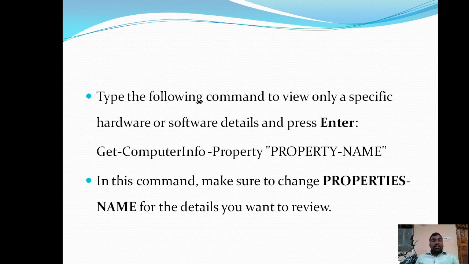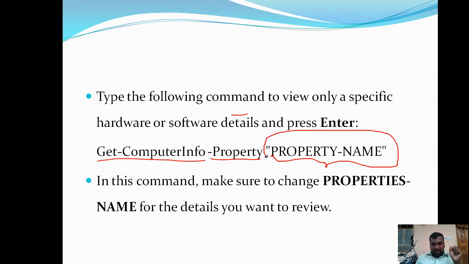If you don't want to view the entire system information, for example, if we want to view only a few details, the specification details of a particular component, then type this command, Get-ComputerInfo, then hyphen property, then type the property name.